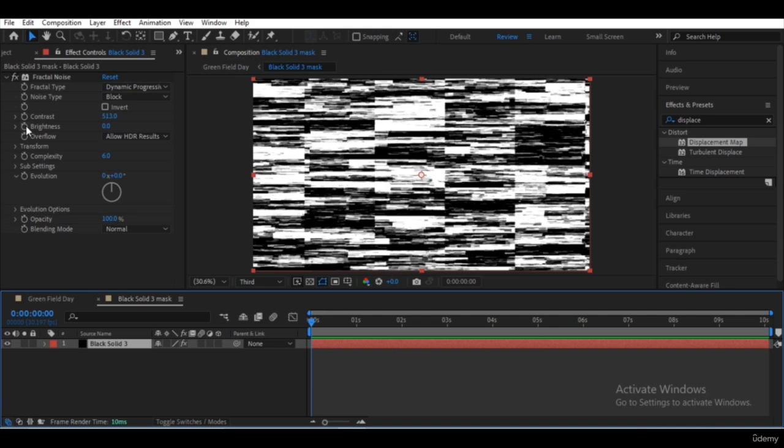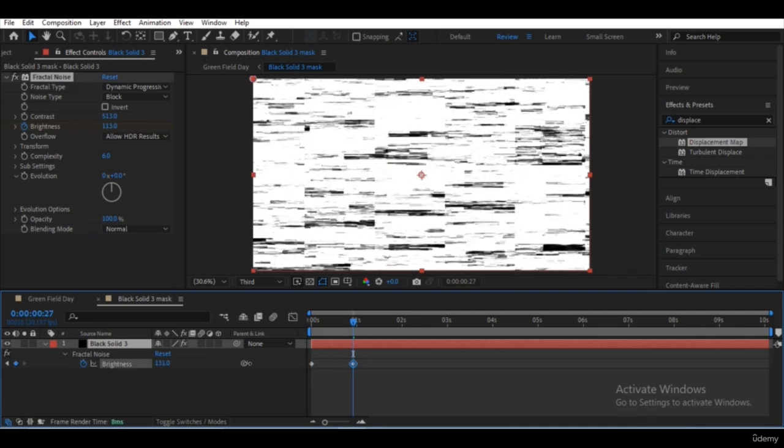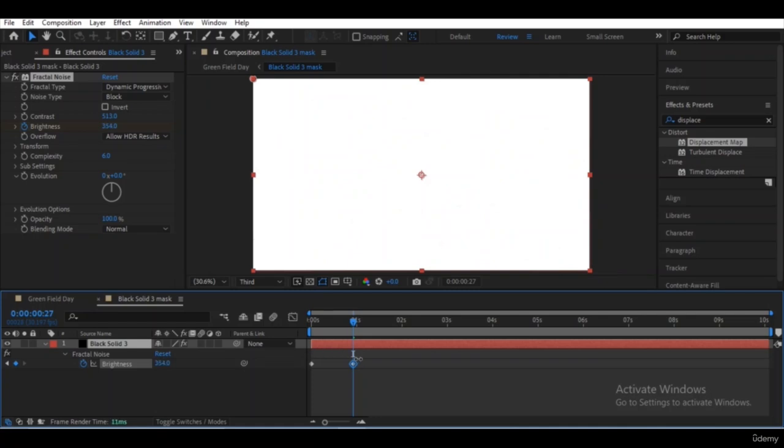Click the stopwatch icon here to create a keyframe. Click the black solid layer and press U on your keyboard to show the keyframe. Drag the time indicator and make the value as bright as possible, brighter than the previous keyframe, which is this one.